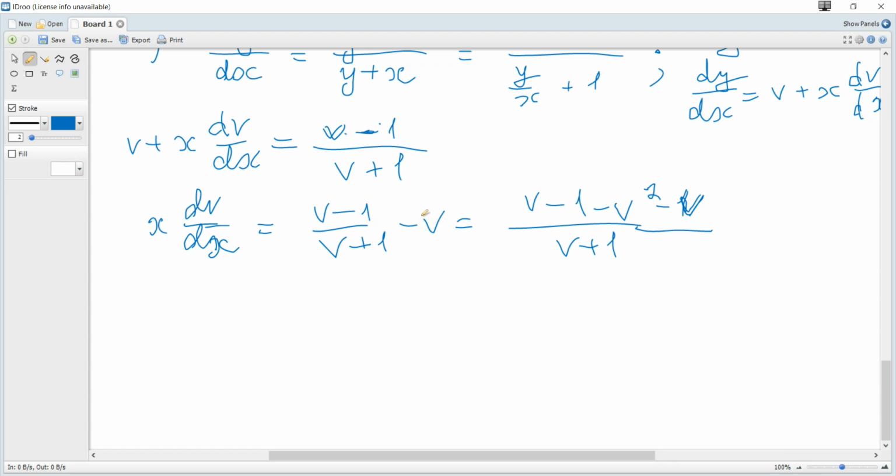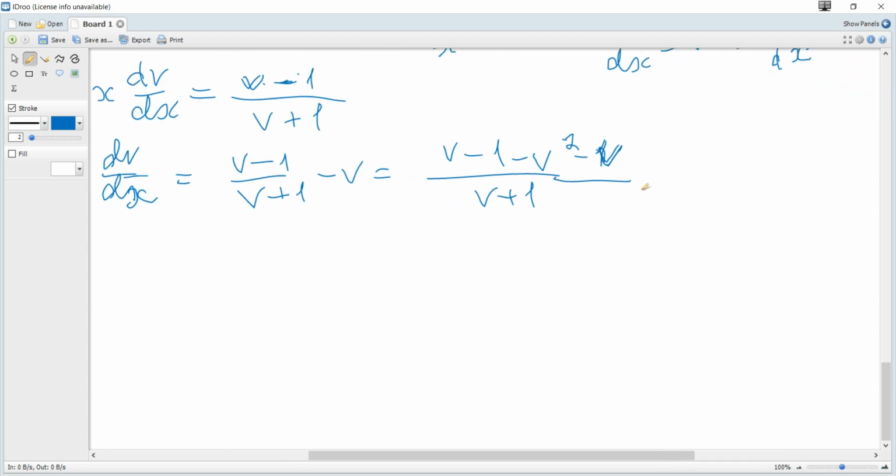So v minus 1 minus v multiplied by v plus 1, so minus v squared minus v, yes,